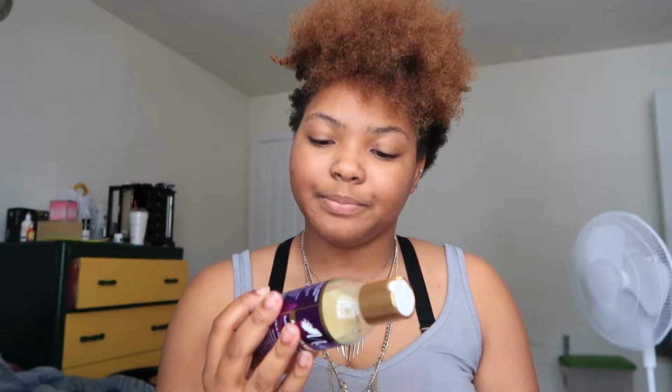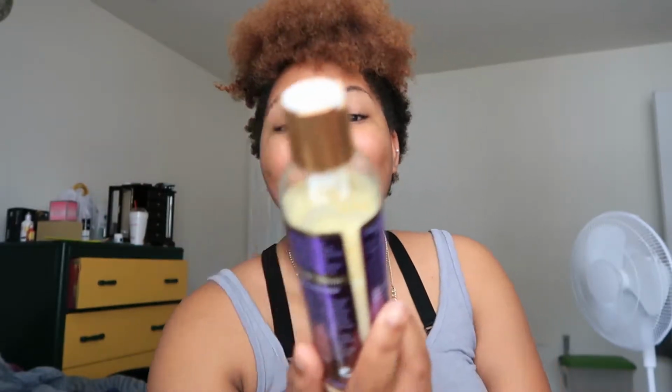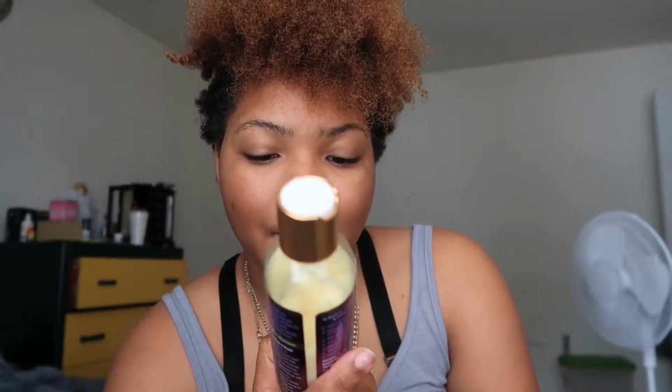But it didn't give me any problems after I kept it all the way. I had to really shake it. But yeah, I actually like this. And the conditioner,